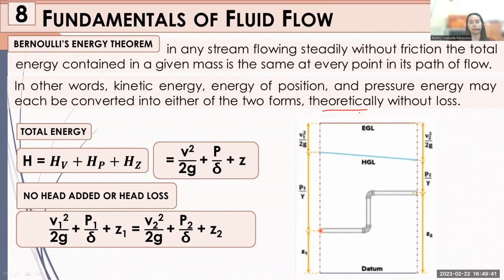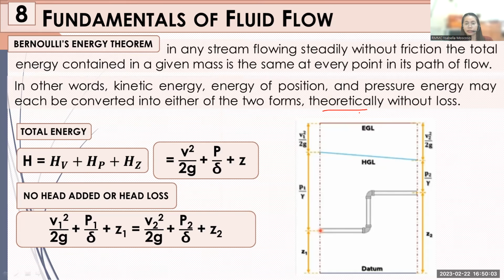So when does energy dissipation occur? When there is friction, or when we consider roughness between the pipes and the fluid itself. Okay? Again, those flows that have no head losses or no friction are ideal